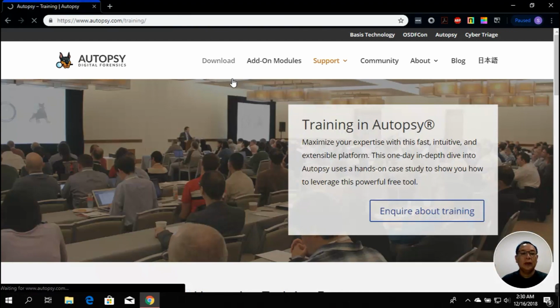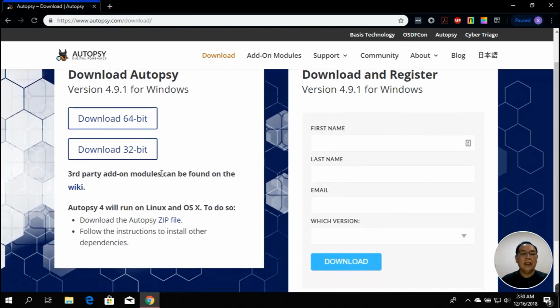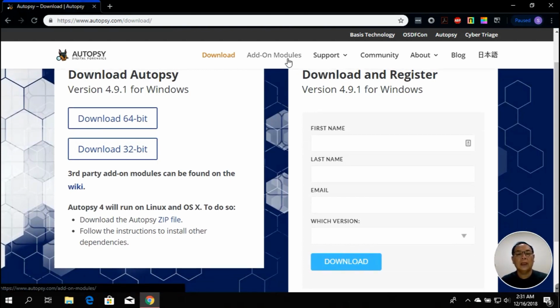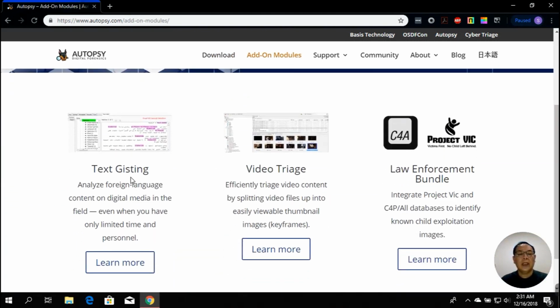By selecting download, and by default it has two versions, 64-bit and 32-bit. Okay, and then later on you could also install the add-on modules. There are about 3 here: text gisting, video triage, and law enforcement bundle. Yeah, so I have already downloaded the